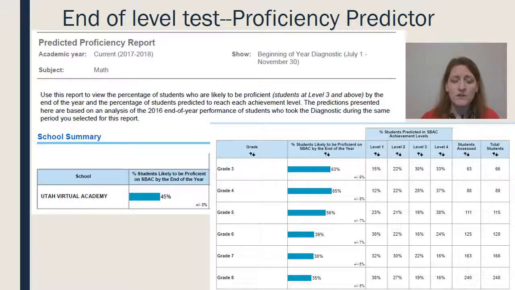One other thing we've found helpful with the diagnostic in iReady is it gives us this end-of-level proficiency predictor. So it has taken their diagnostic scores that all the students have scored, and it's given us a proficiency prediction saying that by the end of the school year, based on their scores that we're seeing right now, 45% of your students will be proficient, meaning scoring at least a 3 on that SAGE test. It breaks it down by grade level then so that we can then set some goals as to where to